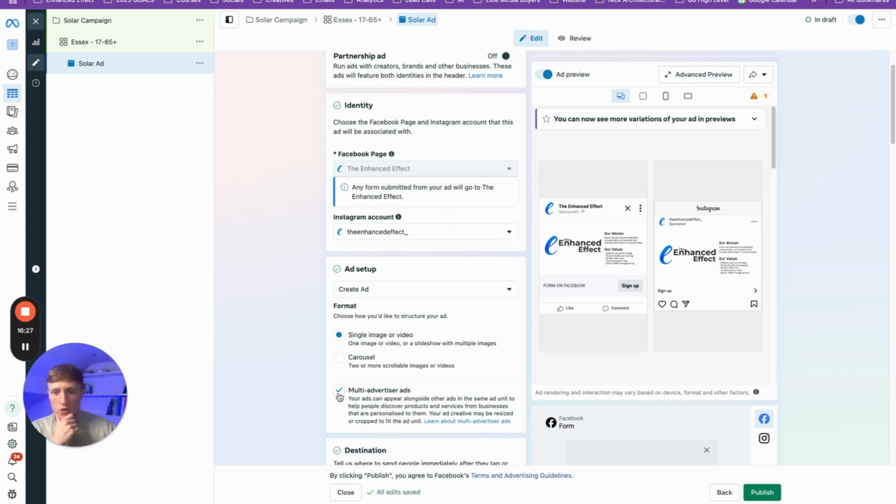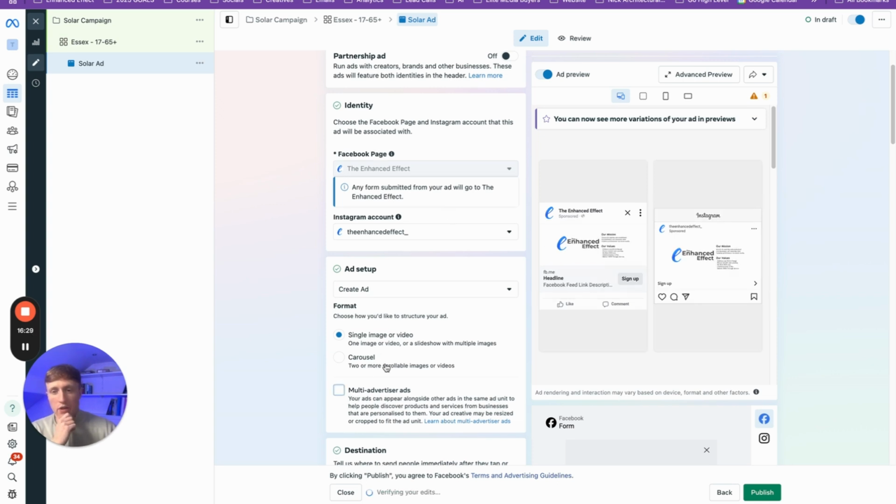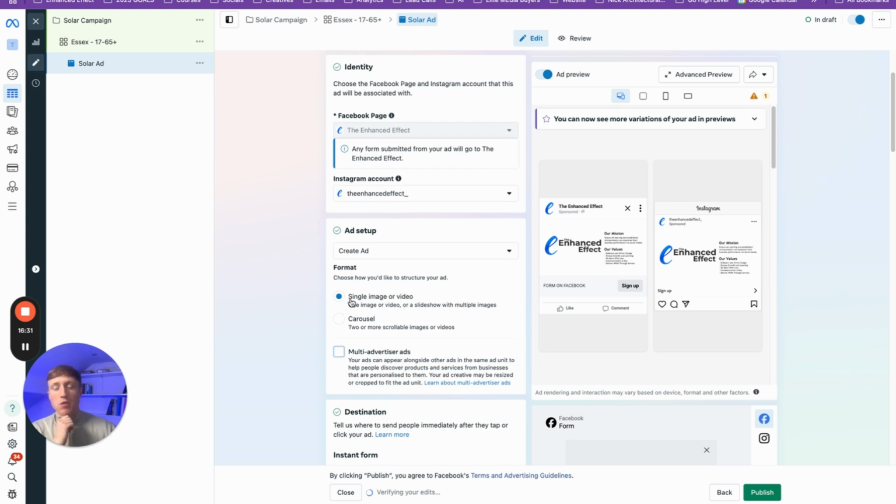Make sure you untick multi-advertiser ads. Now you can choose here whether you want to do a single image or a video, or you can post a carousel. A carousel is basically multiple images, so you could have multiple images of the work you've done on a carousel and create that. For this video, I'm just going to be creating a single image